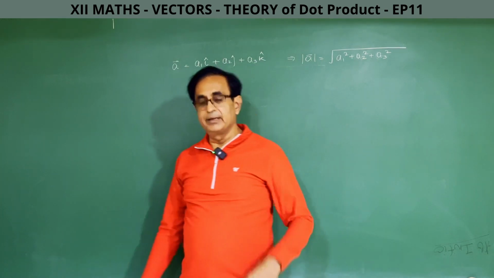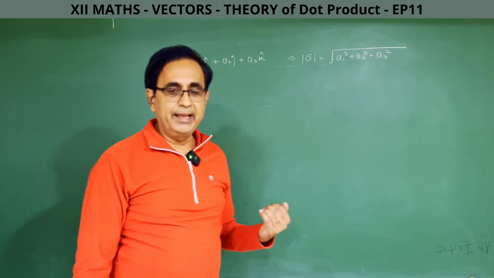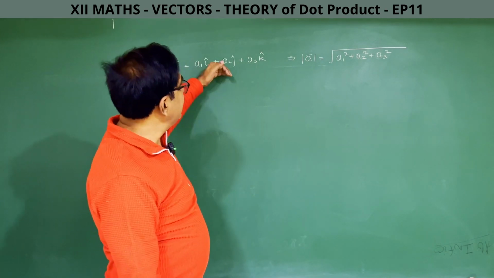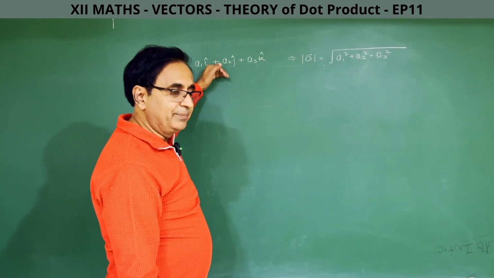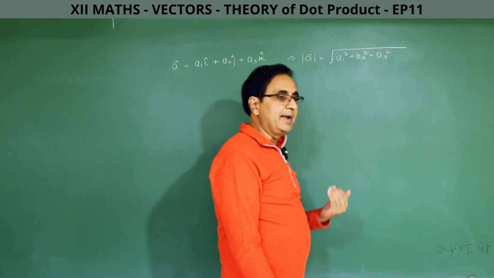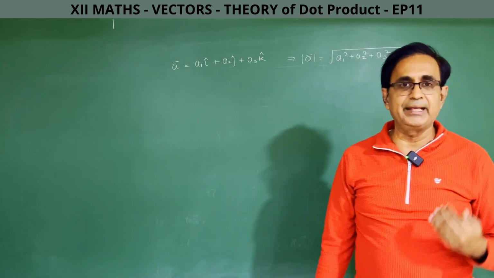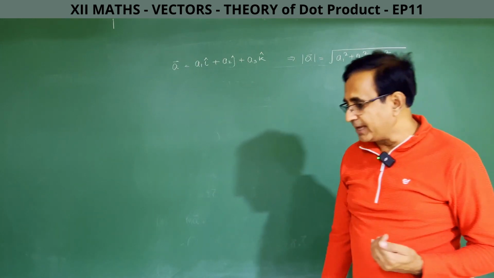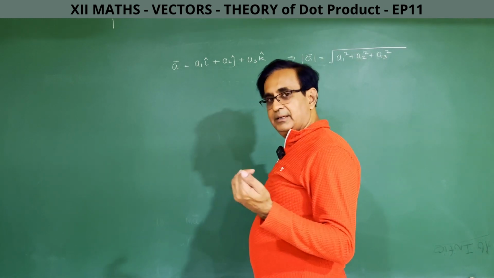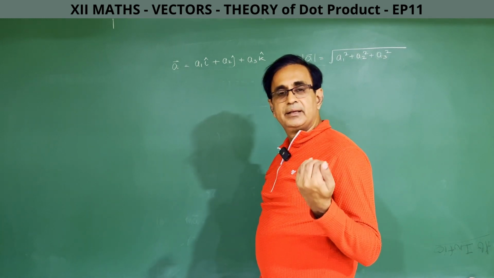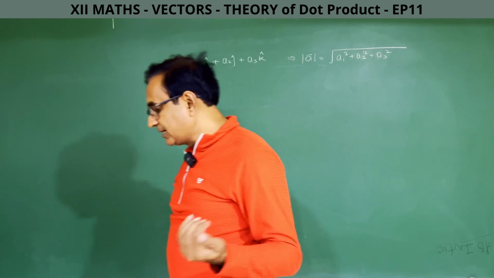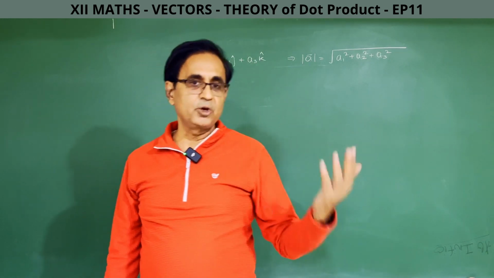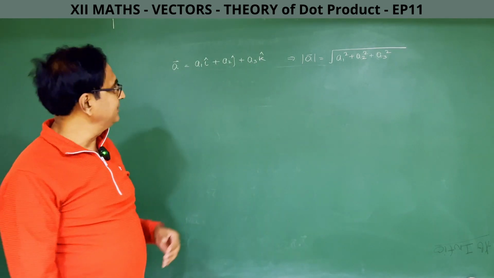I just repeated it. And similarly, there is a way to find the direction of this vector. Direction means I can tell you what angles this vector makes with the x-axis, y-axis and z-axis. The symbols for those angles are alpha, beta and gamma. They are called direction angles. That topic we have already done, but I will revise it later on.